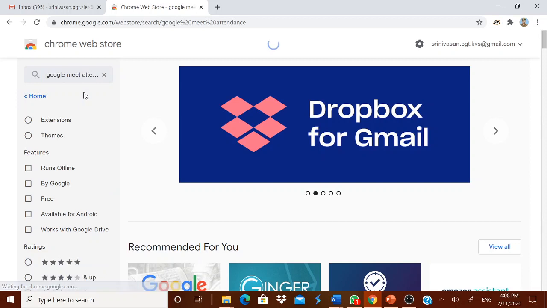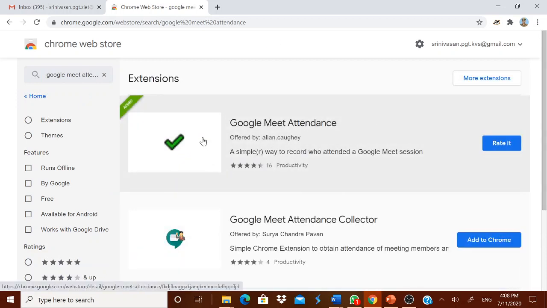Okay, I'm clicking it. This Google Meet attendance with the tick mark is one of the better options you can have. I have already added it as an extension, so it is showing rate it. If you are doing it for the first time, it will show as add to Chrome. You click it.